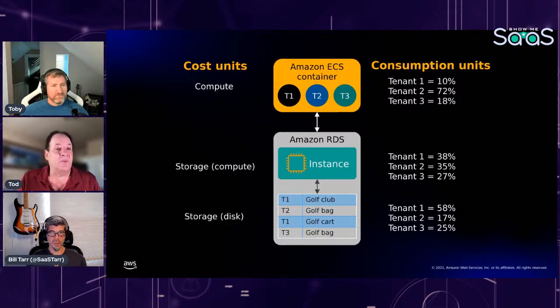Yeah, you're getting into kind of what I don't care. We can address this in any sequence since you've asked the question. For me, and maybe Bill, you have a different perspective, I'm going to invest in finding these consumption metrics where there's the most opportunity and value for me to get them. So if you said these 3 tenants all consume the ECS exactly the same way, and my bill wouldn't change a ton, then knowing how it's split and doing all the work to figure out how it's split isn't a lot of value to me. Or another dimension of this might be, I've got all this data in S3, but S3 represents 2%